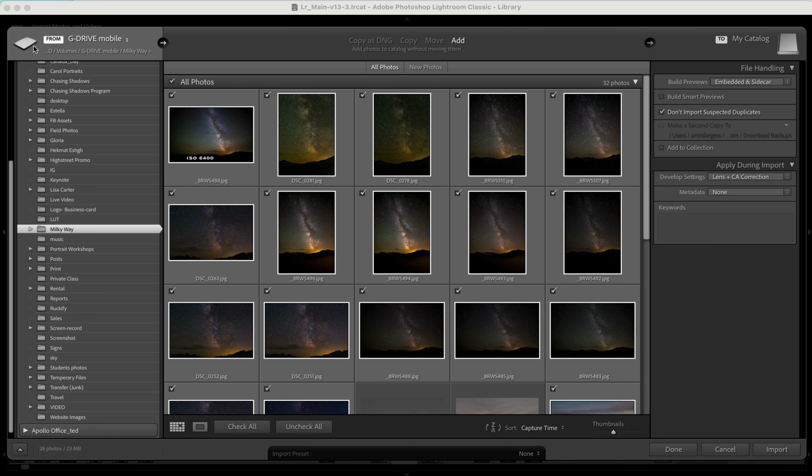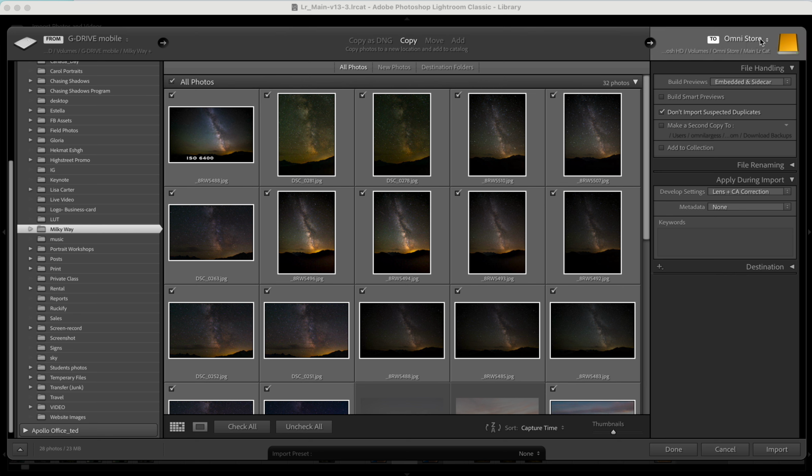So whether it's an external drive, such as this one in my example right now, or the memory card, then the options for moving or copying or adding files to the destination. And as you notice, when I choose add, it says add to my catalog because it's not moving anything. But if I go to copy, then it tells me the source